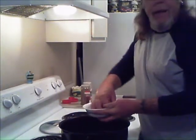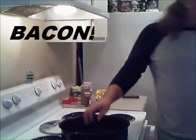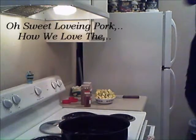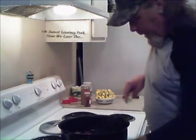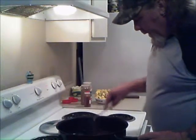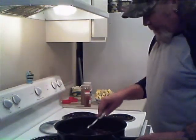I do render bacon down, only because deer meat is so very, very lean. Because of the leanness, you want to add a little bit of fat to it, just to make it cook right, just make it yummy. But let's get this in the pan, and while it's doing that yummy sizzling that we all love,